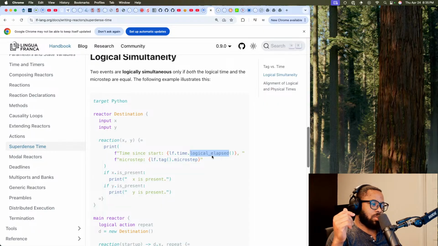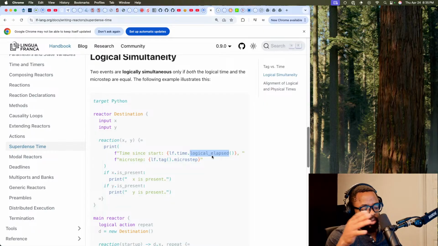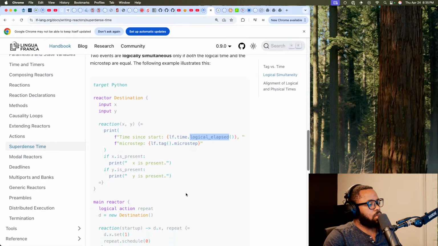So by that theory, we should be able to determine... or maybe it's the amount of execution steps between any two logical time steps.